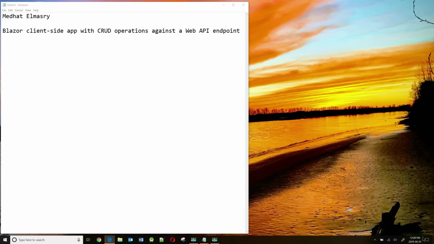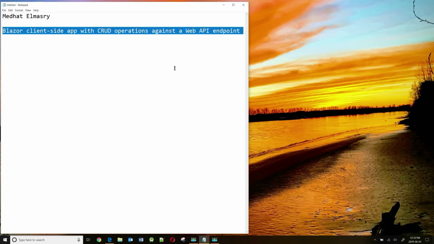Today we will together explore a new technology called Blazor. Blazor is a client-side single-page application technology. You can build an entire client-side single-page application using C#. So that's the idea. And the topic for today is a Blazor client-side app with CRUD operations against a web API